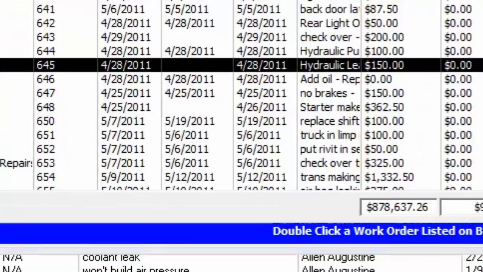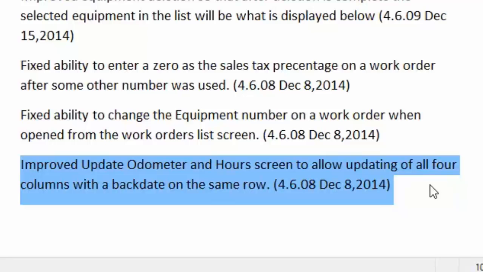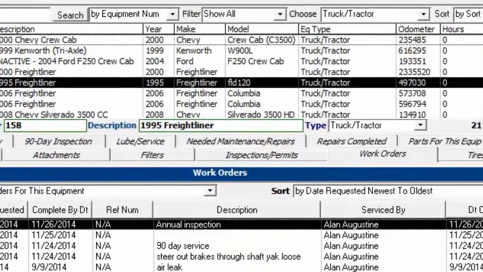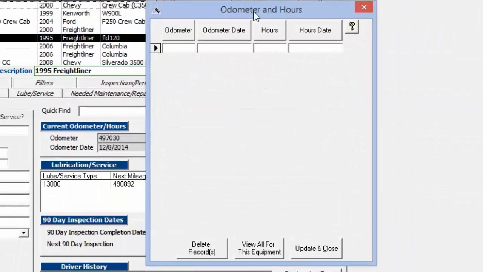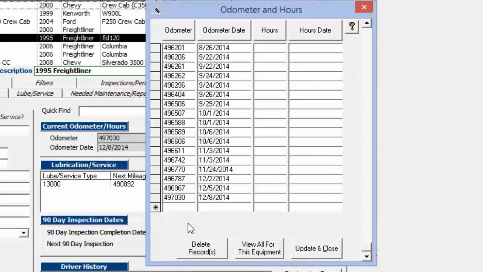All right, and then finally, we've updated the Update Odometer and Hours screen to allow for all 4 columns with a backdate on the same row. We had an issue where, if you had the Update Odometer and Hours screen here and you wanted to enter your hours and odometer all on the same line,